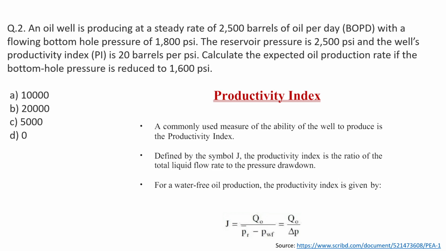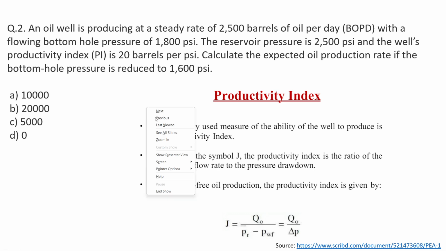So here they are talking about the productivity index. So for initial conditions, the productivity index is already given to us. Now there is a change in the bottom hole pressure which reduces from 1800 to 1600. So we have to find out at this what will be the oil production rate. So productivity index is a commonly used measure of the ability of the well to produce. It is defined by the symbol J and it is the ratio of the total liquid flow rate to the pressure drawdown. So this is the equation for finding out the productivity index,